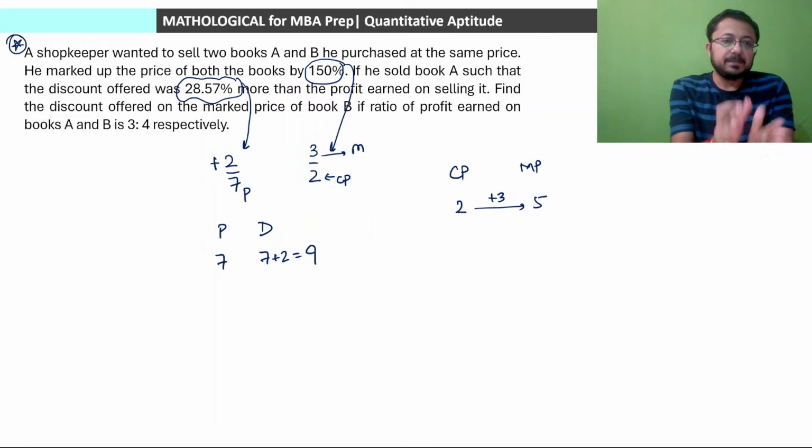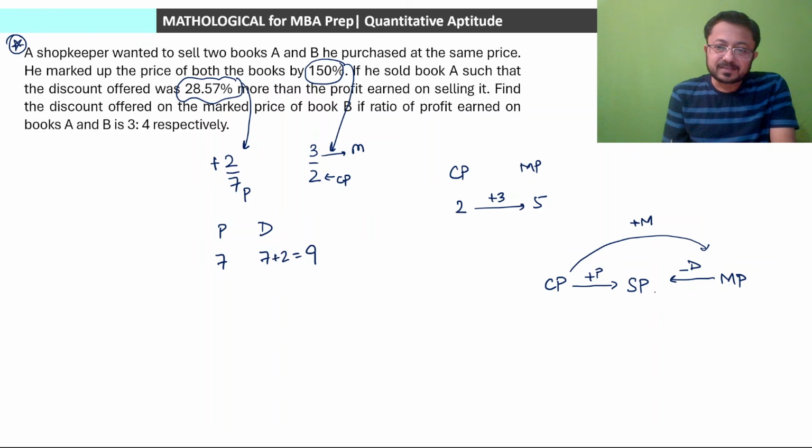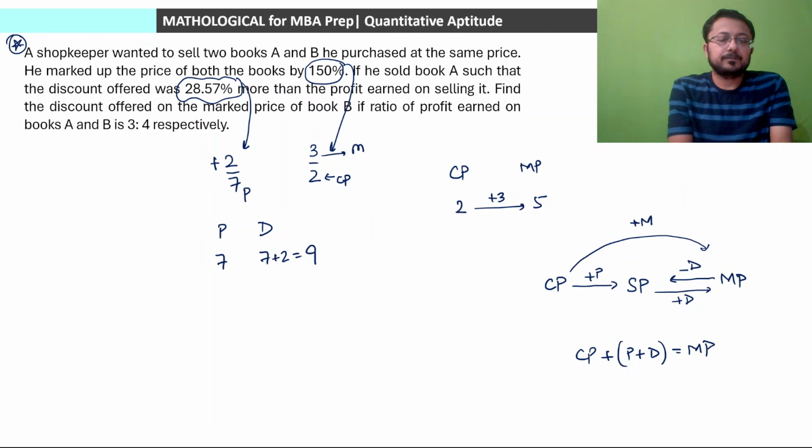And there is a clear relation between profit and discount. Okay, if we have a CP value, if we add profit to cost price, then we reach selling price. And if we mark up, cost price plus markup gives us mark price, and when we give discount on the mark price, then we get to selling price. Or vice versa, selling price plus the given discount will give us mark price, isn't it so? So can we say that cost price plus profit plus discount is equal to mark price? Of course we can say that, isn't it so?